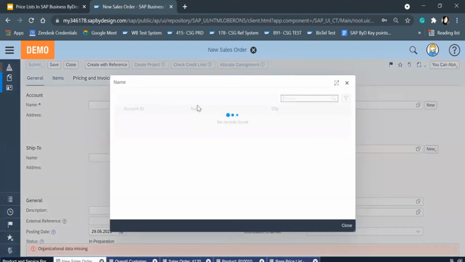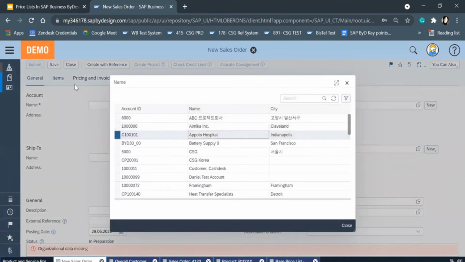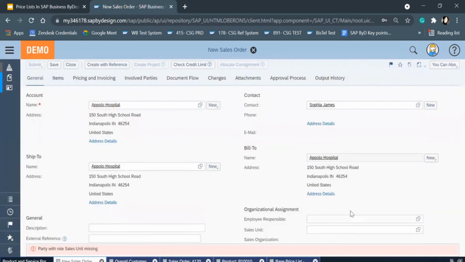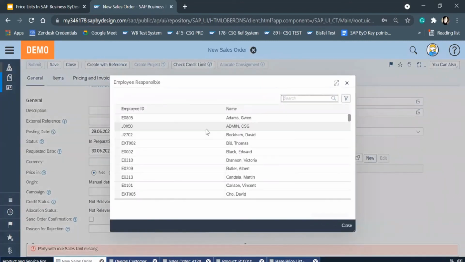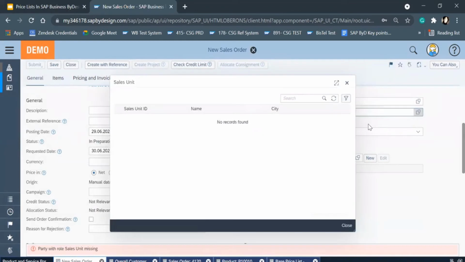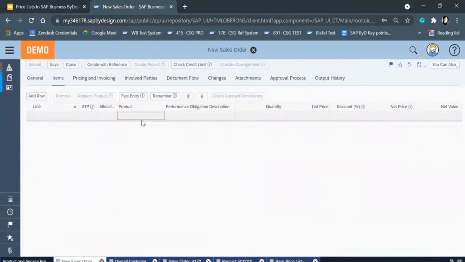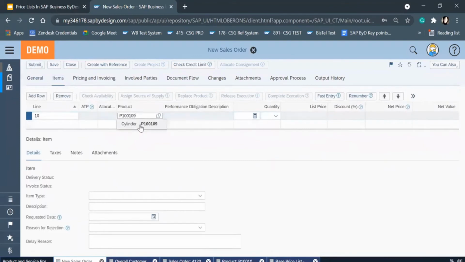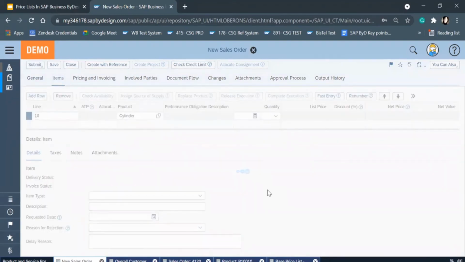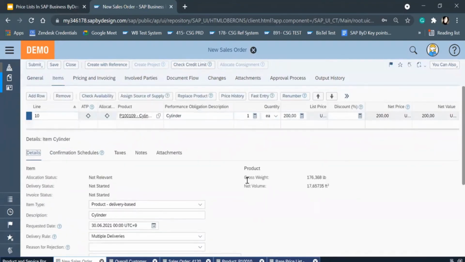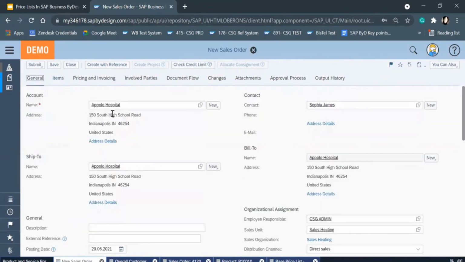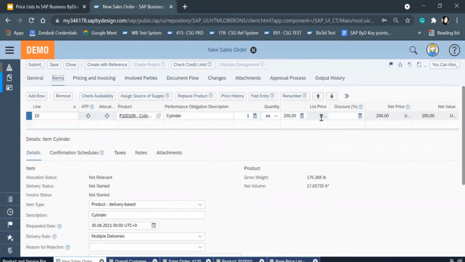I can take any customer and then I'll show you. Right now I've taken this product and a random customer. So the list price is coming as $200. Net price, or net value, is also the same.